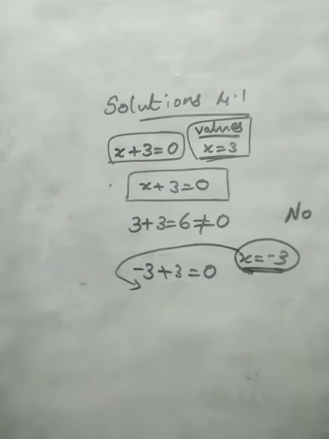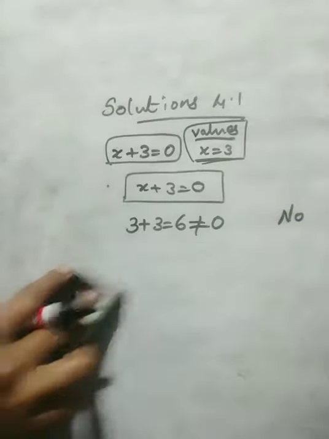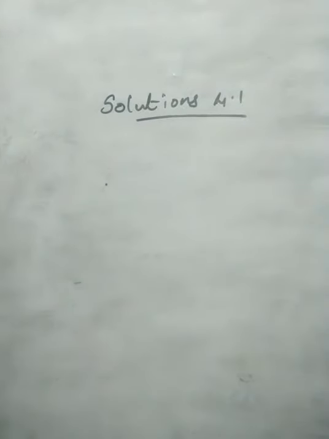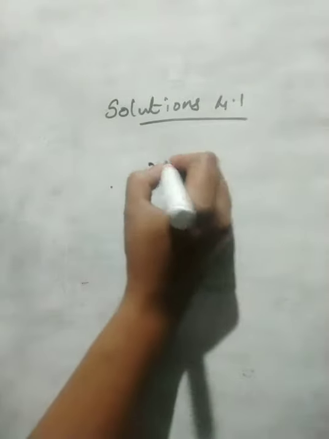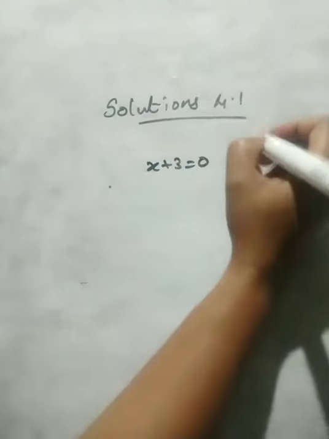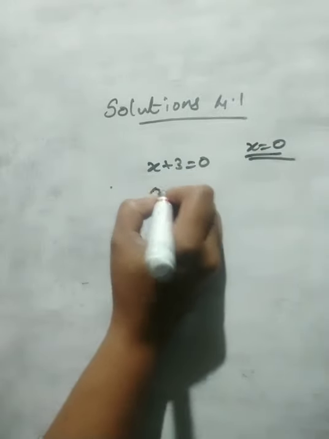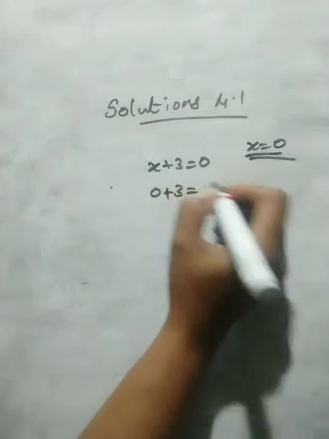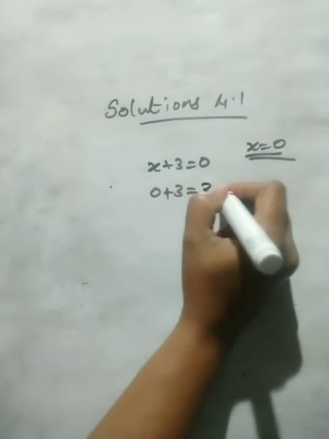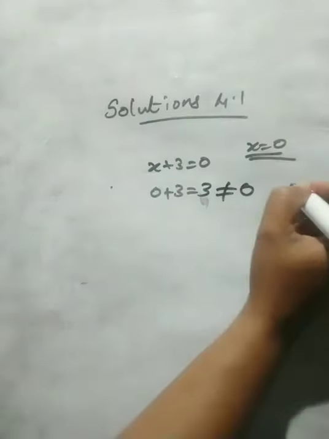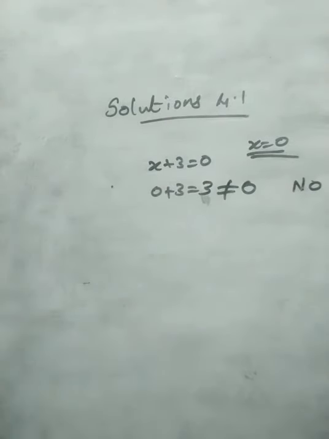Okay. Here, you don't have to mention what the value of x is. We have to just check, when we apply the given values to the given equations, whether the equation is satisfied or not. Clear? Next, x plus 3 is equal to 0 itself, but they have given x equal to 0. Then 0 plus 3 is 3 itself, not equal to 0. At that time, this value is also not satisfying.